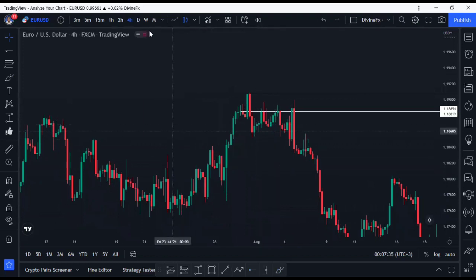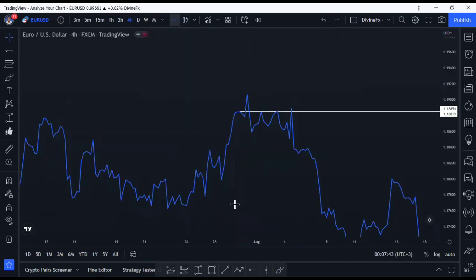So if you are not sure whether an area is a higher high or higher low, you can change your chart to the line chart. If you change to the line chart, you can see these highs and lows very clearly, high and low, high, higher, low, invalidation point over here. Then the price came back to test our invalidation point, then moved to